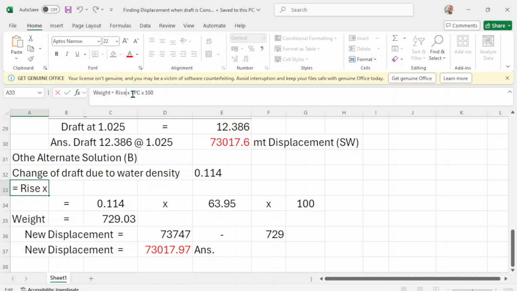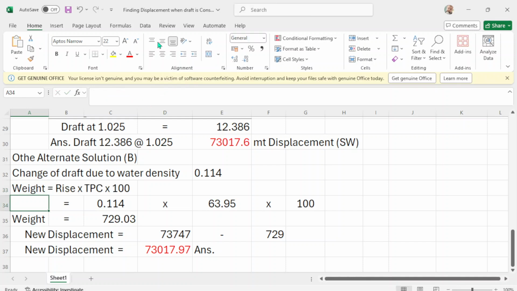Okay, so rice times TPC times 100. So this is your rice. This one, or change of draft due to density times TPC. TPC is 63.97 times 100, and the weight will be 729.03.